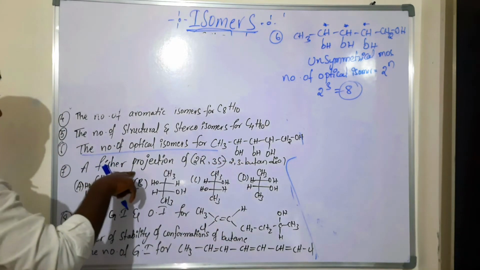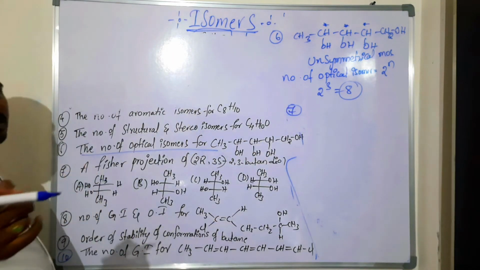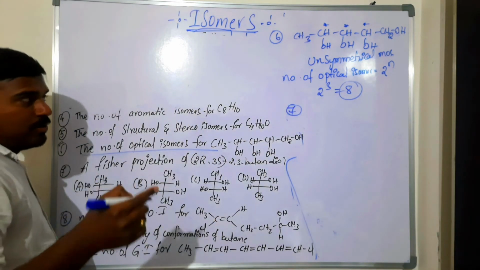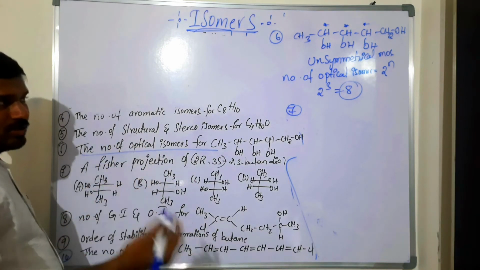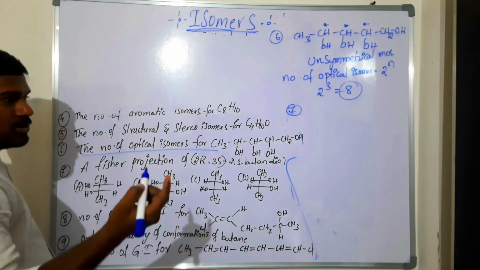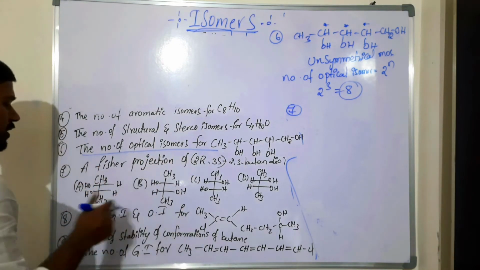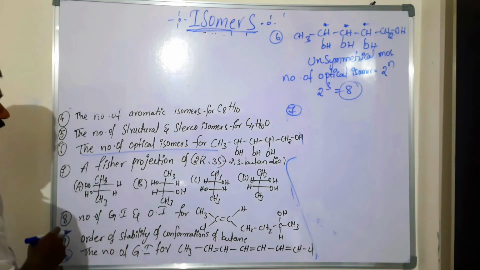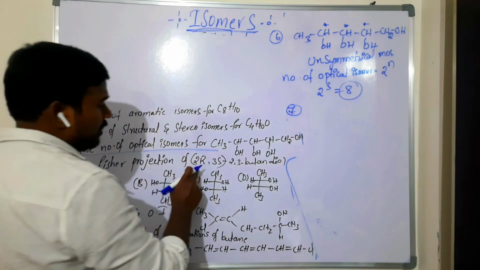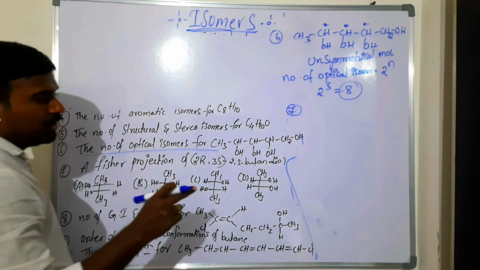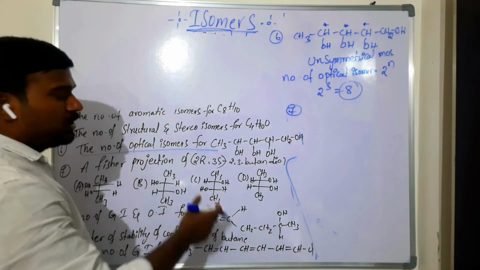Next, here you see this molecule, question number 7, very, very important. Question number 7, RS nomenclature. In the third last video from this one, I had given the RS configuration and D and L configuration. So in this case, what happens? Take this molecule. They are saying 2R,3S-2,3-butanediol, and they are asking us to identify it in these options.